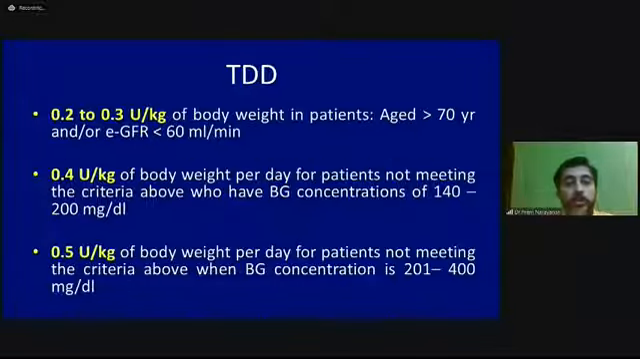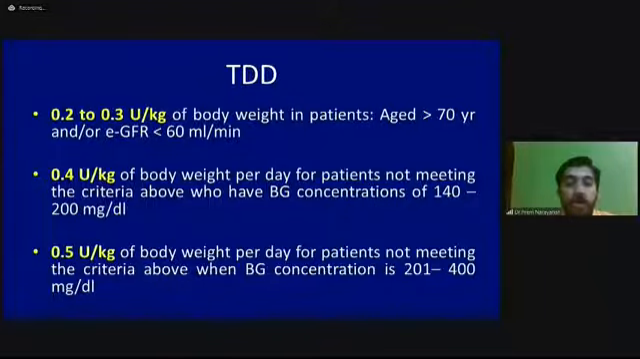Next, we'll move on to the basal bolus regimen initiation. The total dose shall be calculated. It varies from 0.2 to 0.5 unit per kilogram. Depending on the patient characteristics, we can decide on the starting dose. For those who are elderly, more than 70 years, or those who have eGFR less than 60, CKD, even 60,